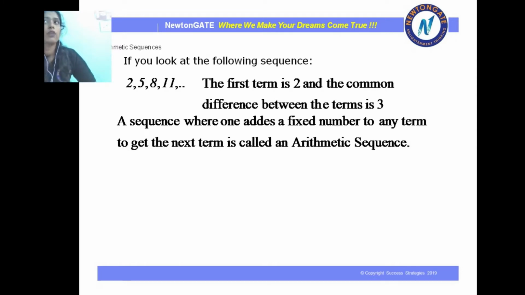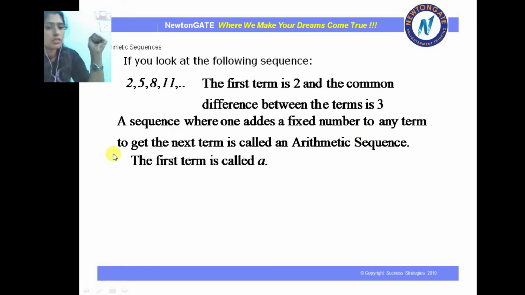Okay? Like for example, if I take 1, 4, then 9, then 25, 36 and so on. This also is a sequence, right? It is following a rule, it is following a pattern, but we don't have a common number that we can add or subtract to get the next number. So it is definitely a sequence but not an arithmetic sequence. Arithmetic sequence is only when we can get the next number by adding a fixed number. Okay, that is called an arithmetic sequence.